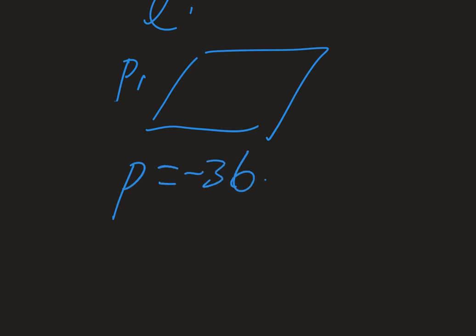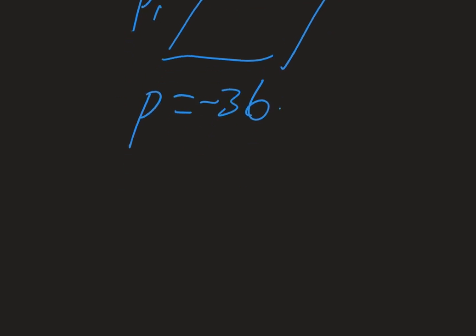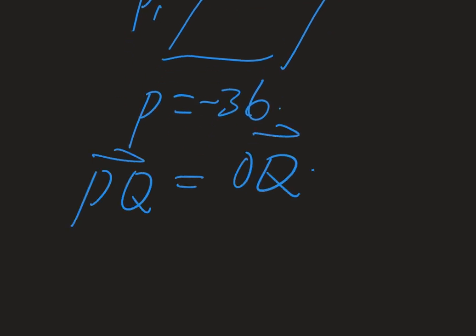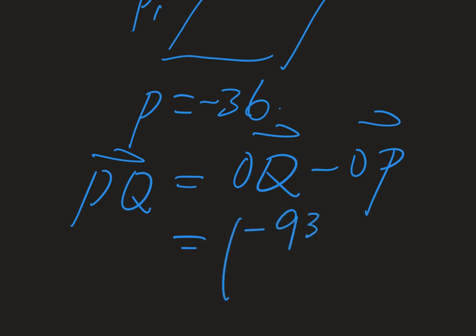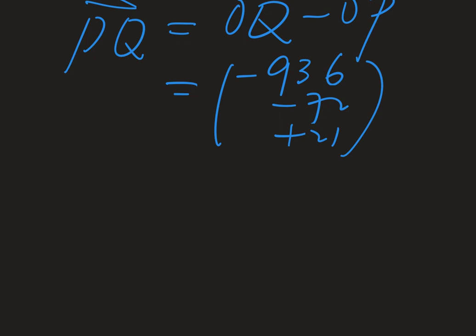Then we further find that the PQ vector is OQ minus OP. So OQ minus OP will give you minus 936 minus 72 minus plus 221. So this is the line vector,